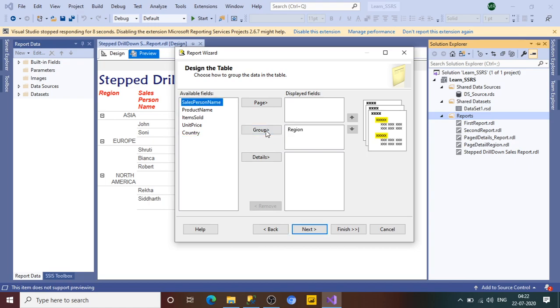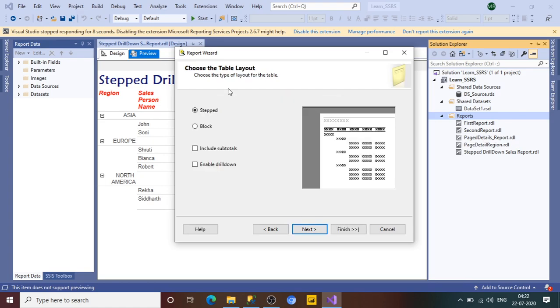We want all the data to be grouped by the reason, and all other fields to be in the detail section. I have not kept anything in the page level. So it will display salesperson name, product names, item sold, unit price, country on the basis of reason. Okay, now click on next.